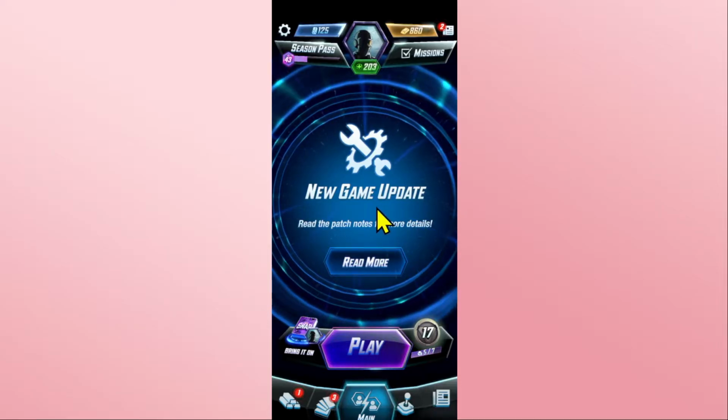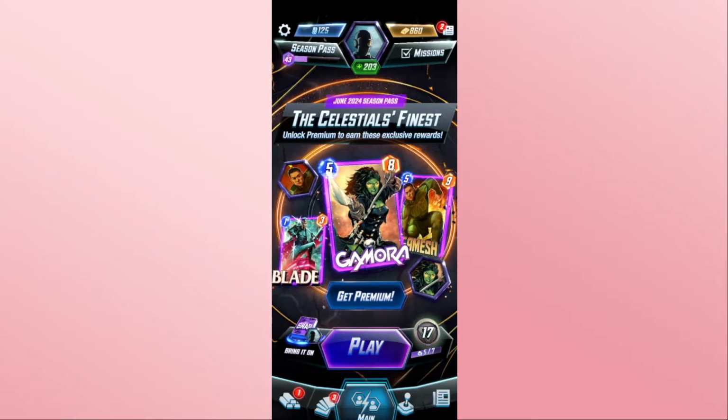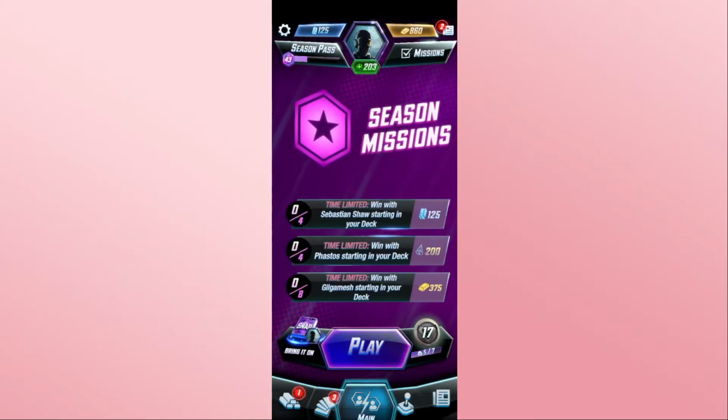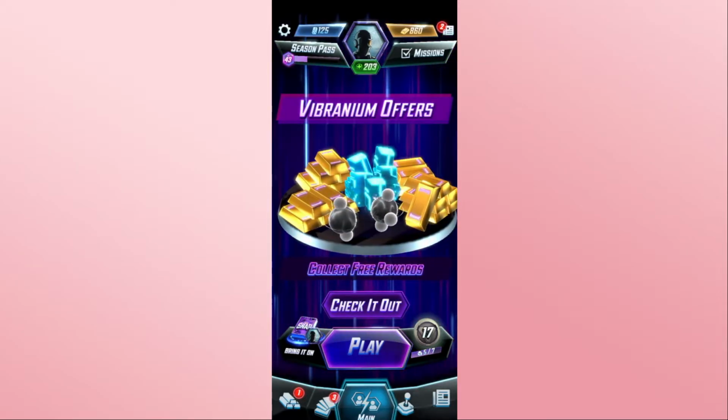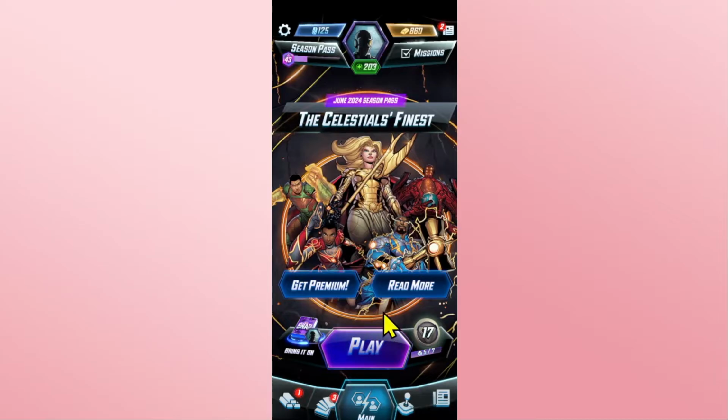First of all, open up the Marble Snap game on your device, and if you're playing for the first time, then you will need to complete a few tutorial levels, after which you will be allowed to set up your account and connect it to an online account to save your progress. Once you have done all of these, you will gain access to the main menu, from which you can immediately